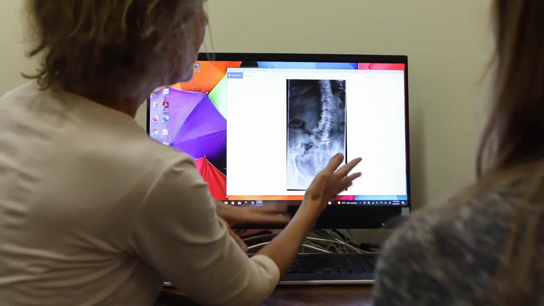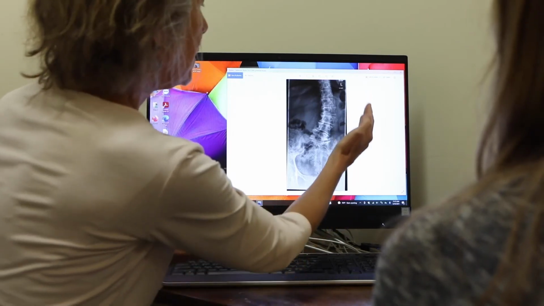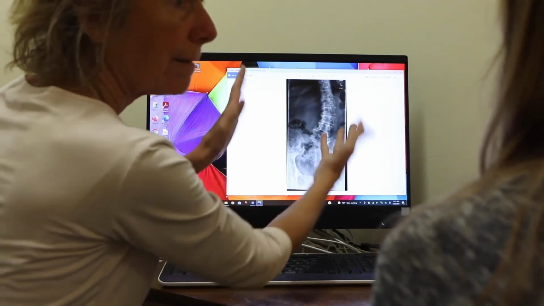We can see whether there's any congenital factors, things you were born with where your vertebrae may be just shaped differently. And also whether there's been any trauma that has occurred that has collapsed one side of a vertebra and that's one of the factors in your scoliosis. We also can see whether or not there's any degenerative changes that have gotten a start. And this is key because it really tells us how long it's been there, how unstable it is, and what process your body's going through trying to stabilize it so that we can work in a way that can slow down and stop that degenerative change.